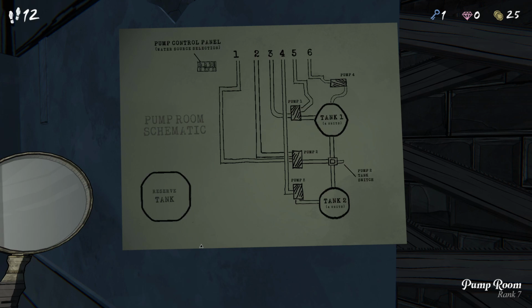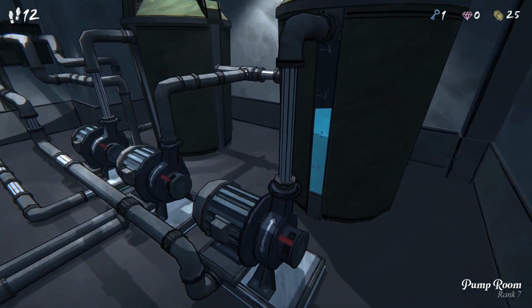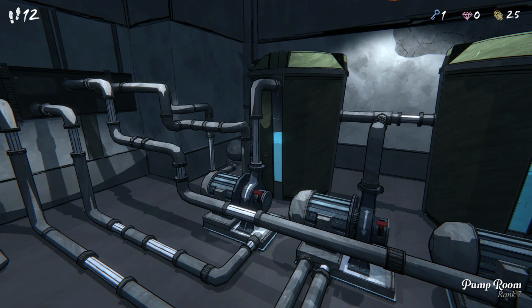Pump control panel, water source selection, blah blah blah blah. 1, 2, 3, 4, 5, 6. This looks insane. Reserve tanks just kind of off somewhere, not connected to anything. Tank 1, 4 units. Tank 2, 4 units. Pump 2, tank switch. A lot of tanks and pumps. What does it connect to though? What does it mean? This looks like a whole ass...